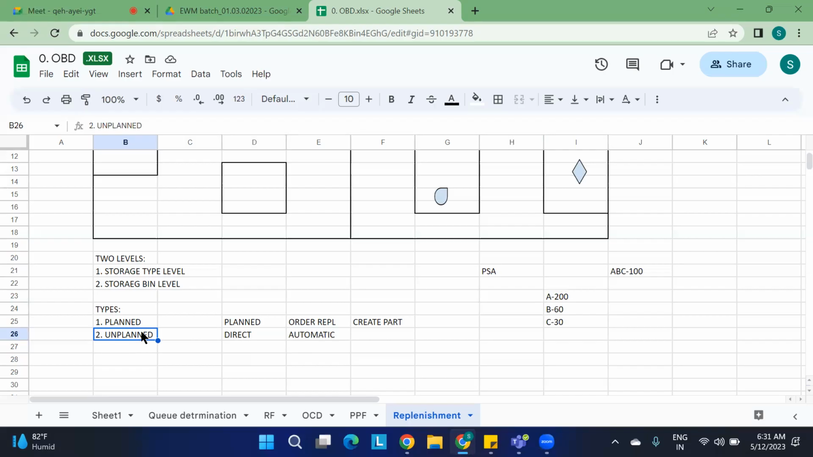And what is the automatic? Automatic is also similar to the direct. In the automatic replenishment we are going to use the